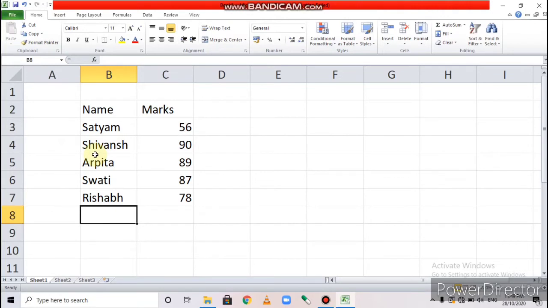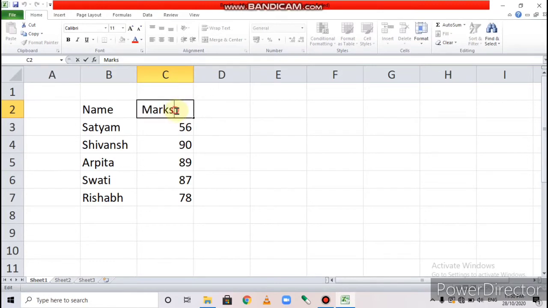I hope you understand. Now page number 104, changing cell content partially. How do we change the content of the cell partially? The step is select the cell to be edited. First of all, it is the basic requirement. Select the cell which you want to edit. I select. Then double click inside the cell or click in the formula bar. You can double click the cell and you can click on the formula bar here.